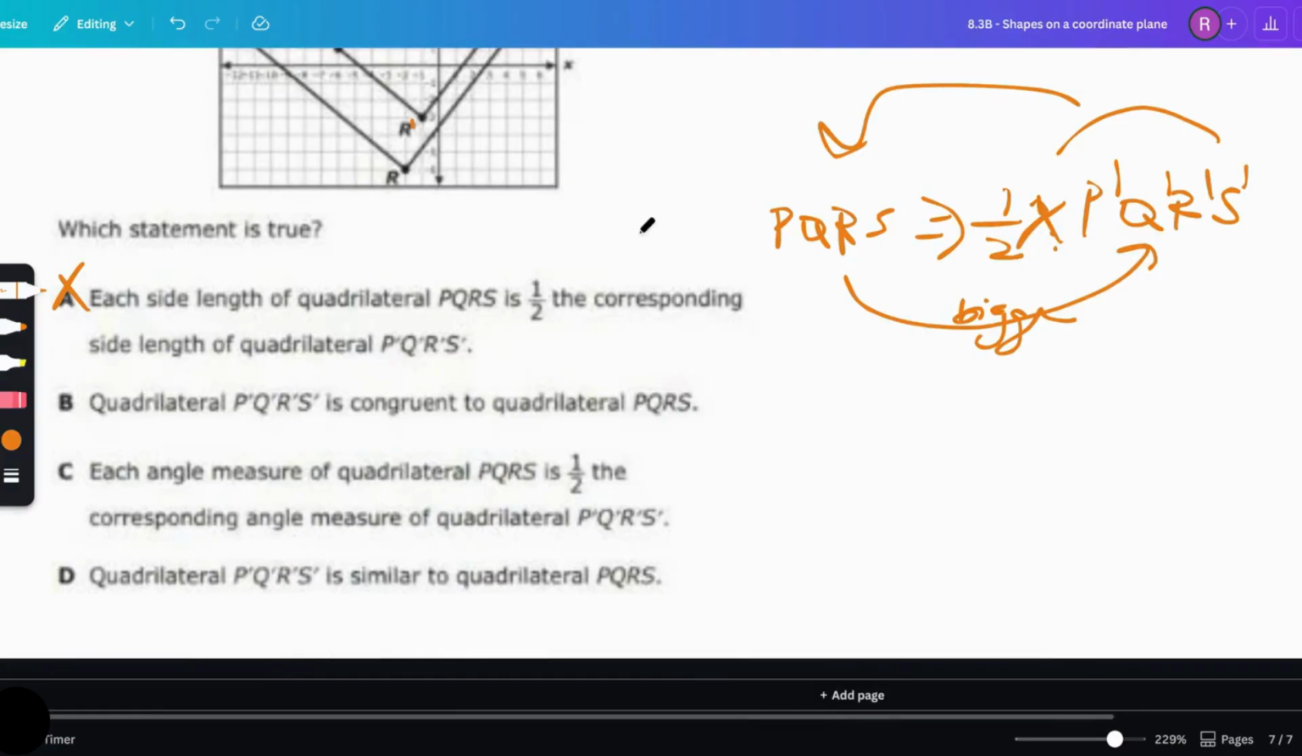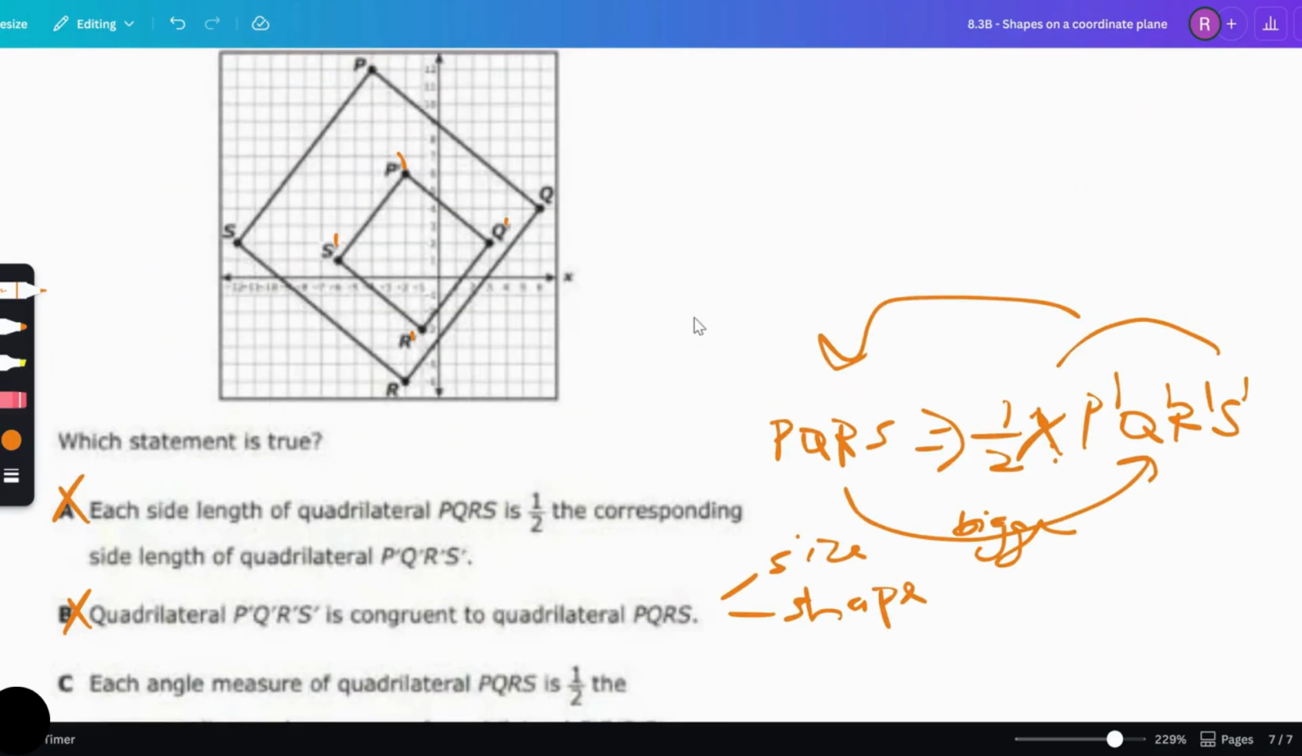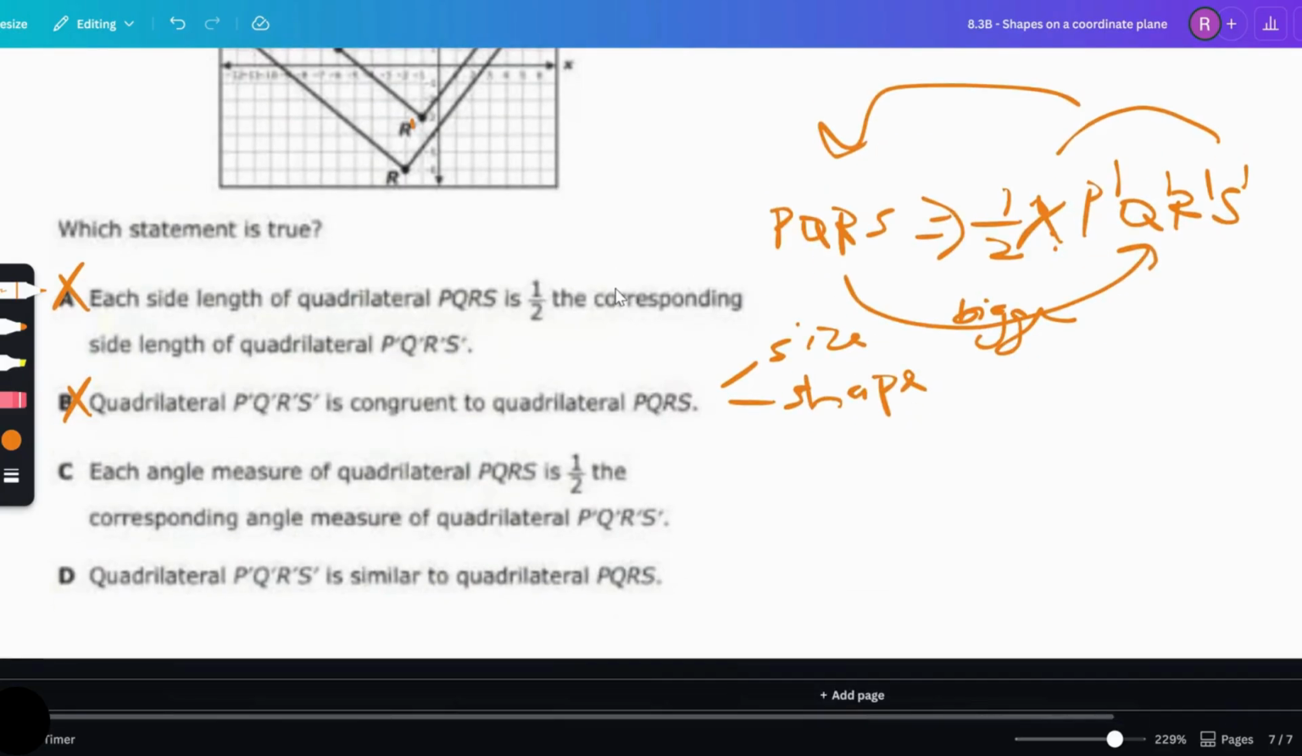Quadrilateral P prime Q prime R prime S prime is congruent to quadrilateral PQRS. This is wrong because when they are congruent, they must have the same size and the same shape. But obviously they have the same shape, but they do not have the same size. Now,